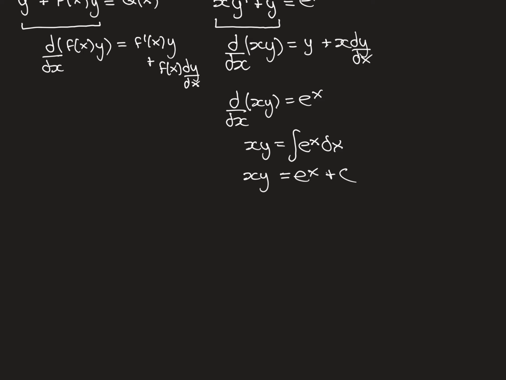So now if you were given a starting condition, so you were told at some x what the y is equal to, then you'd be able to figure out what c needs to be equal to, i.e. you'd get your specific solution. And then if you wanted to get your function in explicit form, you could divide through by x. You'd have to think carefully about what's happening at x equals 0 and make sure that it's okay to do this. Now, in the case of most of these solutions, the function isn't going to be defined at